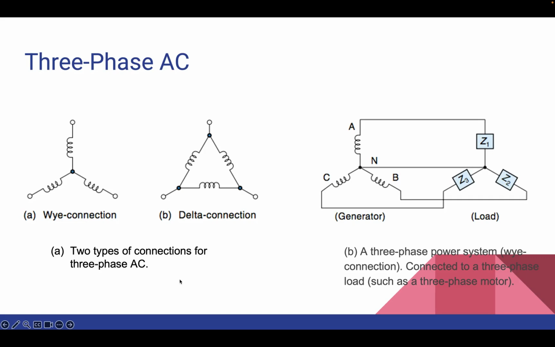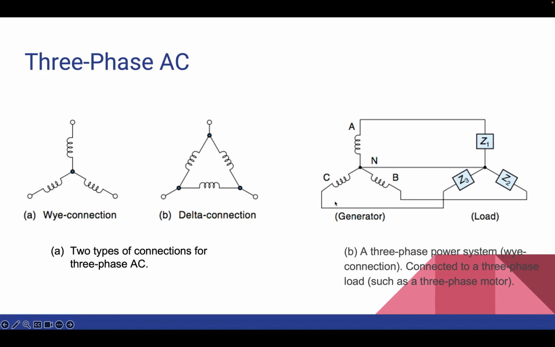So in this, three-phase power is generated by a three-phase generator equipped with three separate field windings, which are spaced 120 degrees apart. This type of arrangement allows for two possible configurations, and these are the two configurations: Y and delta connections. One end of each coil is connected to a common wire labeled as neutral, which you can see in this particular picture. This is the neutral wire, while the other ends are labeled as A, B, and